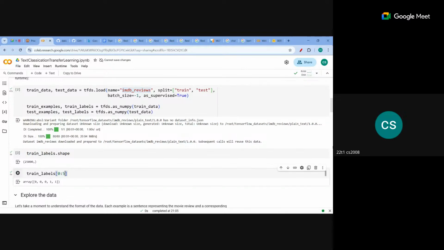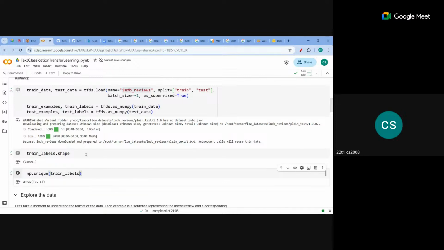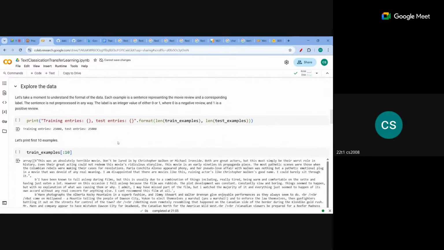Let's check the unique labels. So 0 and 1, right? Only two classes, so it's binary classification data. Now what we are going to do is